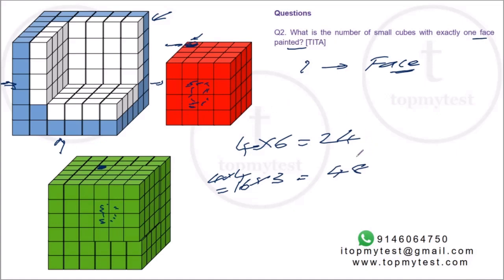Now comes the slightly trickier part. Now, if you look at this piece right here, this piece remains a face piece throughout. It's a face piece here, it's a face piece here as well. Right? It's the same piece. It will have just one face exposed, and basically it will just get painted once. How many such pieces? 1, 2, 3, or you can just use a symmetry, 3 broken faces. So 3 into 1, that will be 3. Anything else?